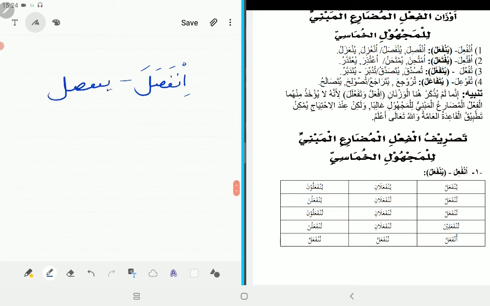So these are both examples of the active voice. Now, if you were to make it the passive voice, infasala becomes in the madi unfusila. Unfusila. And in the present tense, you would say,